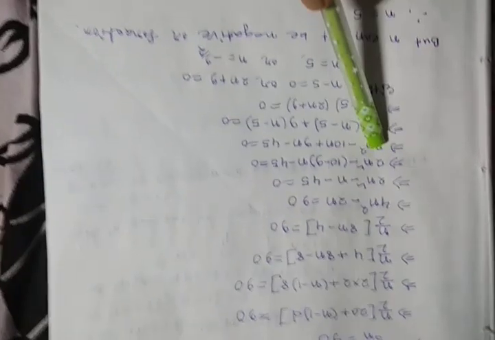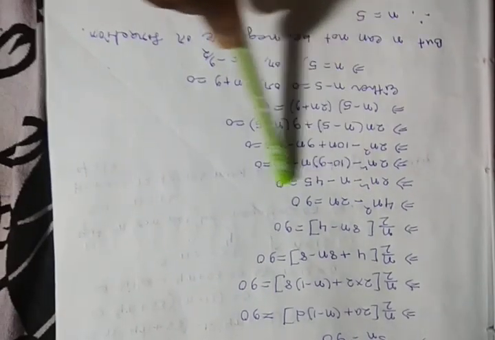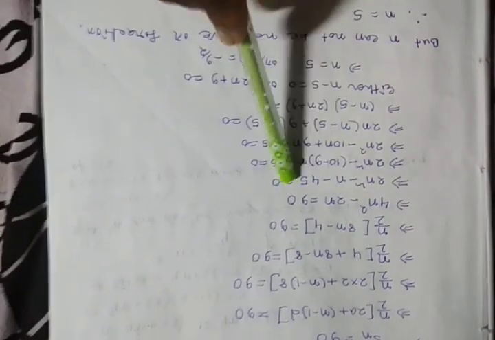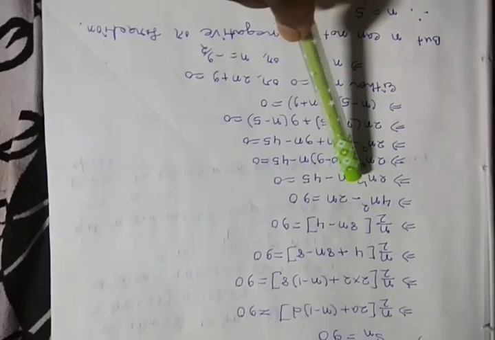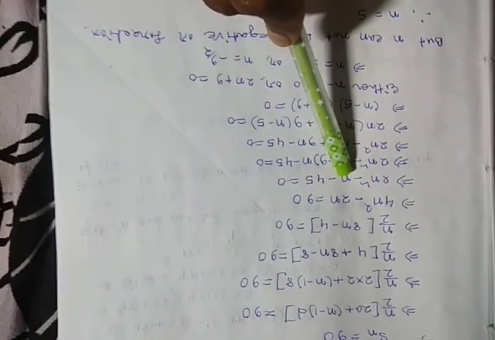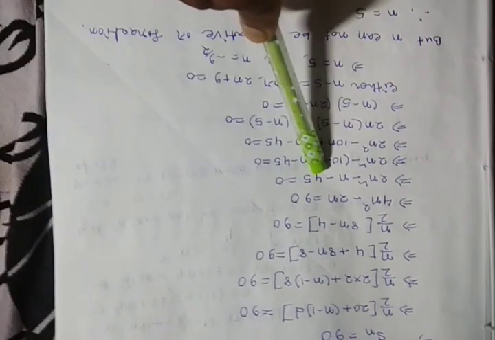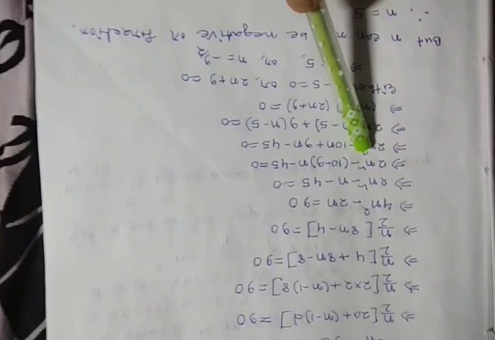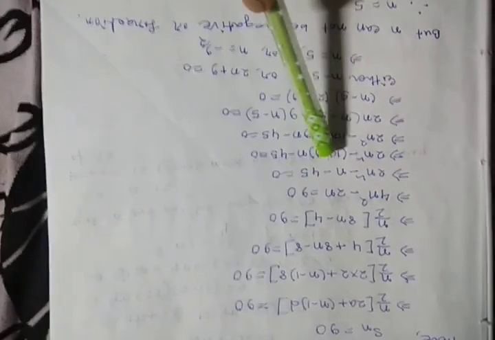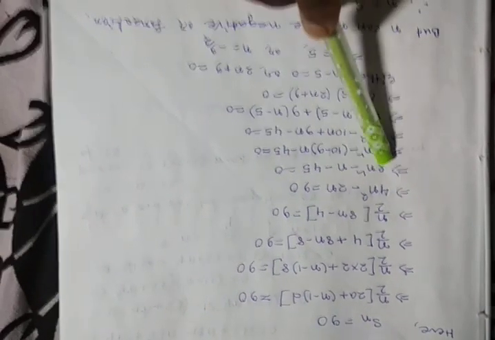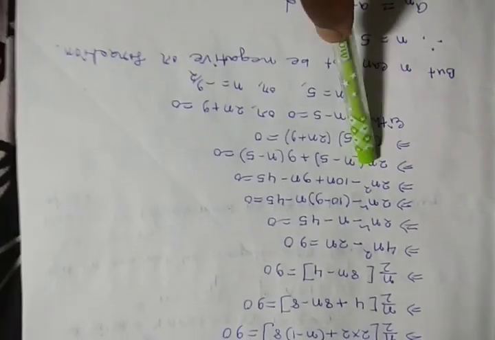Now we need to split the middle term. We will apply the splitting of the middle term. So 45 into 2 is 90. We need to make minus n from 90, by subtracting, because here is a minus sign. So 10 and 9: 10 nines are 90, and 10 minus 9 equals 1. So minus n, we can write 2n square minus 10n plus 9n minus 45 equal to 0.